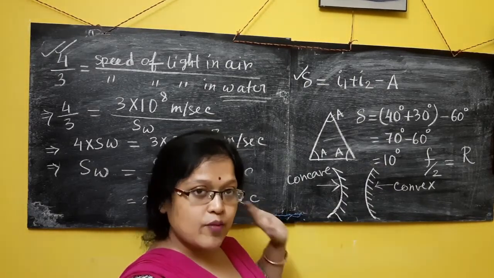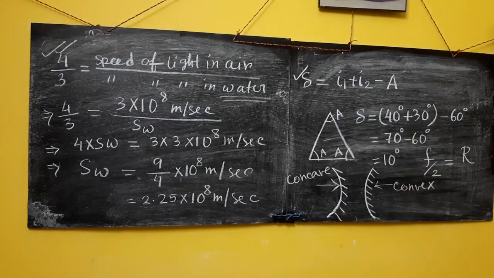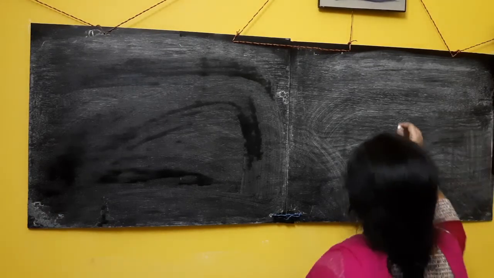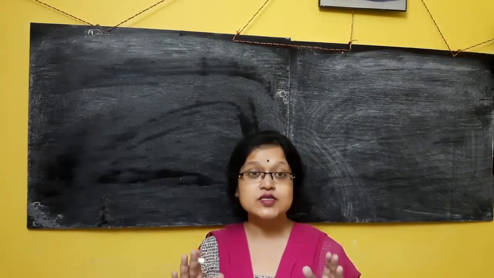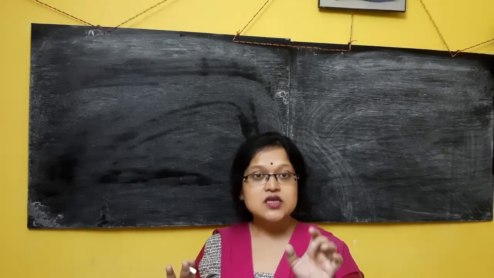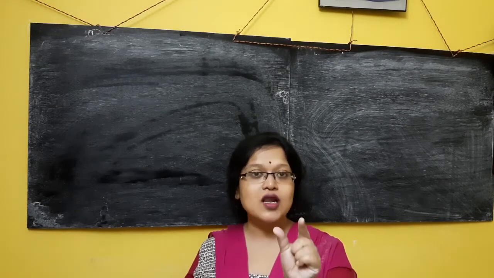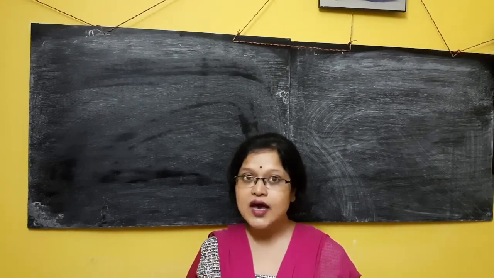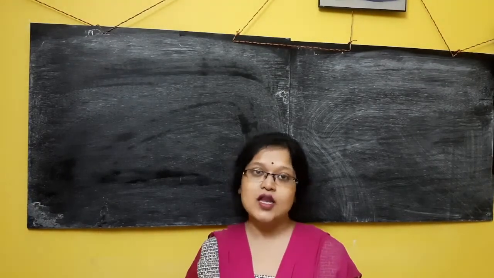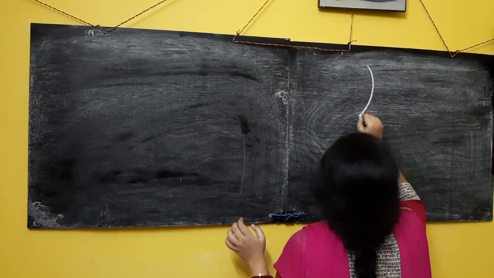For that I need to rub my board. So give me time. Now see, first let's draw the concave mirror. First thing first, as you know, the focal length and radius of curvature are related by a factor of two. Whenever you are drawing, be particular about how much distance you take for the focal length, and make it twice when you take the radius of curvature. Otherwise you can't complete the diagram, the geometry will not come properly, and you can't establish the theorem. So let's first draw the concave mirror.